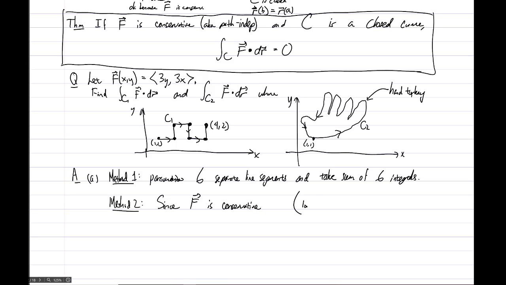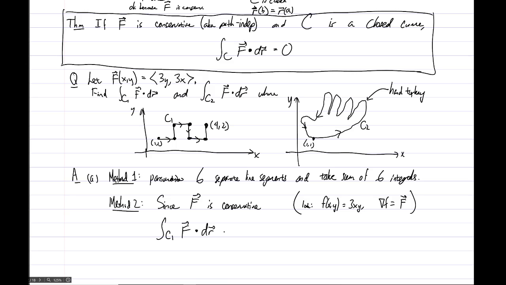So look, take a look at f of x comma y is equal to 3xy. Then with this, the gradient of lowercase f is capital F. Yeah? Okay, so if you start with 3xy and you take the gradient, you'll get 3y comma 3x. Okay, so since we have a conservative vector field capital F, then the integral over C1 of F dot